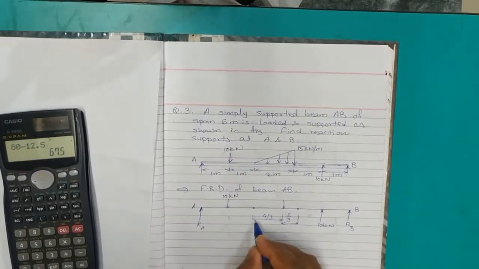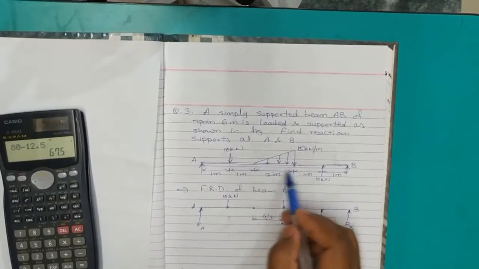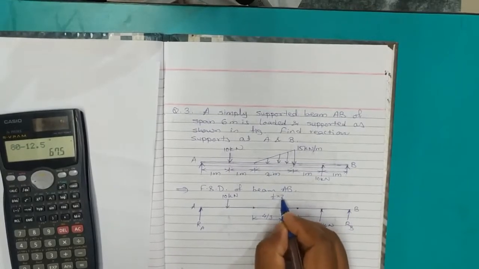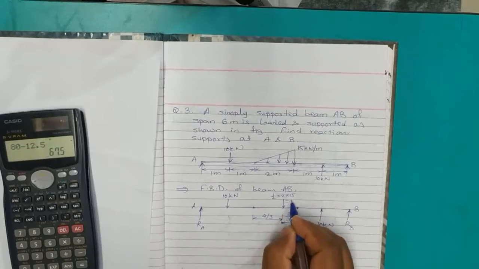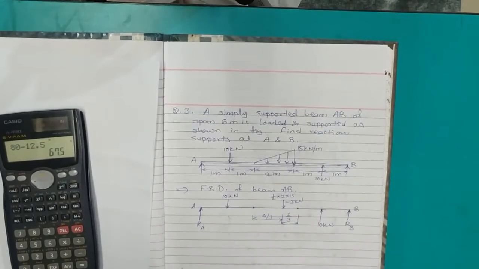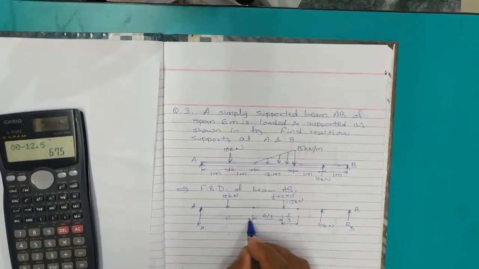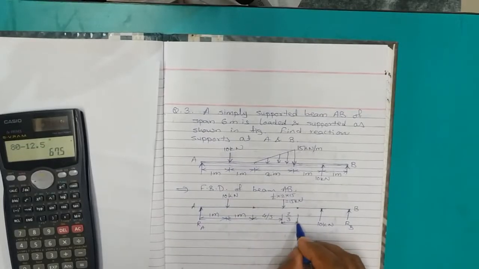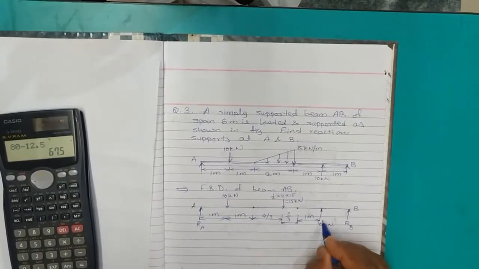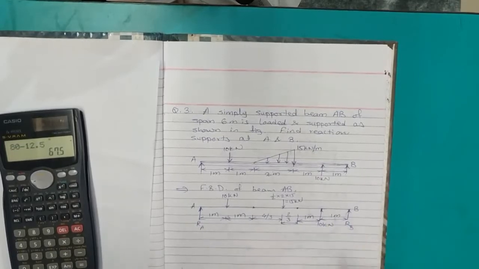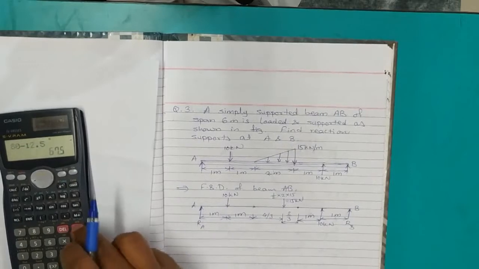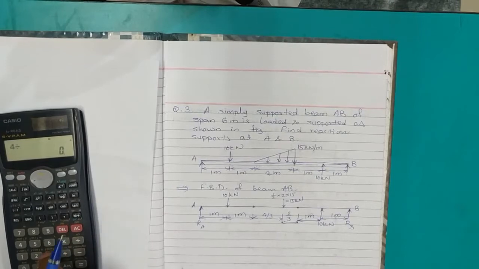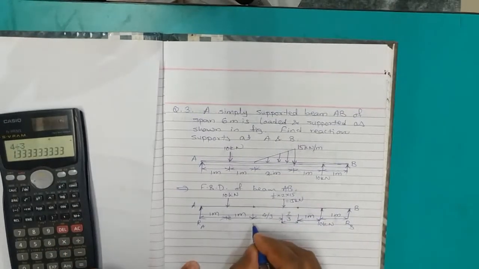Okay, so this much is the remaining distance. As we said, the magnitude of the point load is equal to the area of the triangle, half into the base into the height, which becomes simply 15 kilonewton. Okay, so let's mark the rest of the distances: 1 meter, 1 meter, and this one was also 1 meter, and the remaining one is also 1 meter. We know that 4 by 3, this distance, is approximately